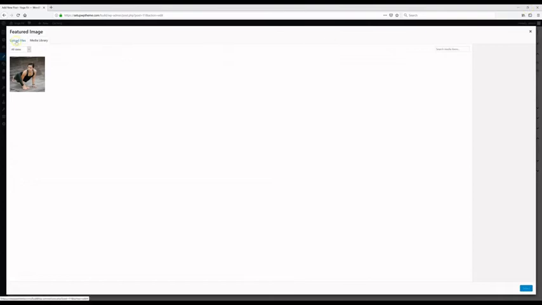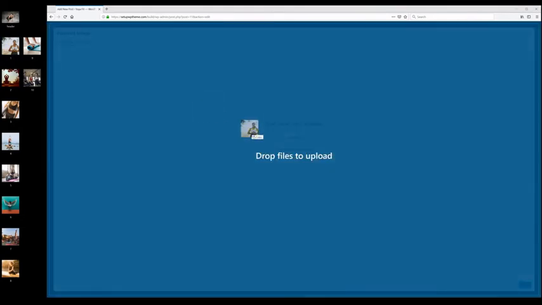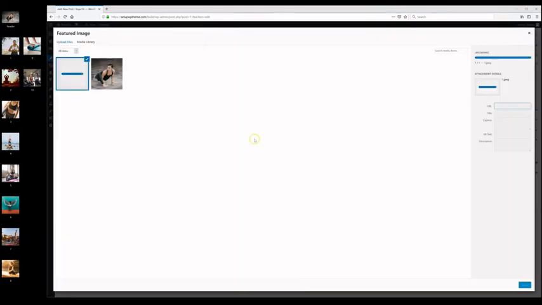Then we're going to click on upload files. Then I'm just going to drop my first image here. And also, the image size I found that works best with these featured images for this theme is 1024